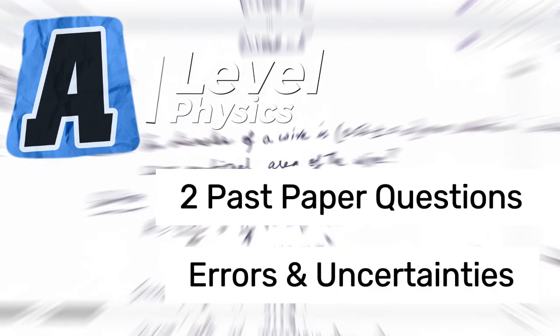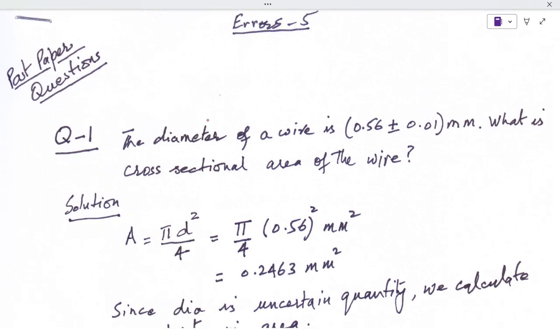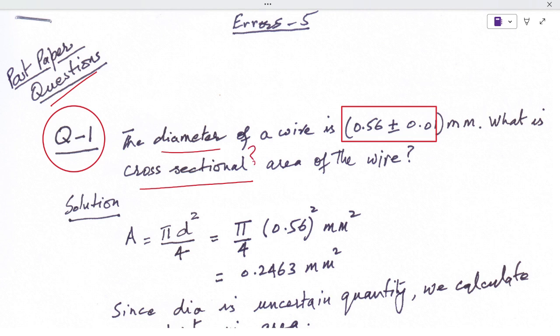Now we are going to do two questions on errors and uncertainties. In question 1, the diameter of a wire is given as 0.56 plus minus 0.01 millimeter, and the cross-sectional area of that wire has been asked. So when we go towards the solution,